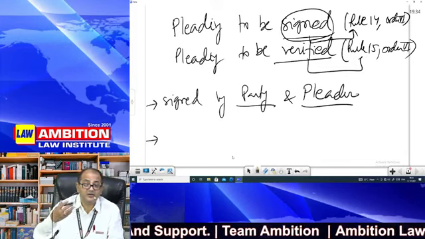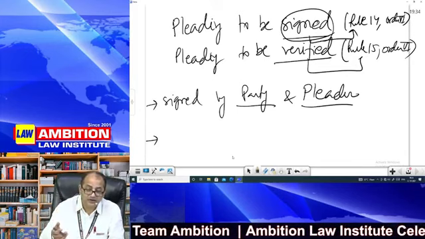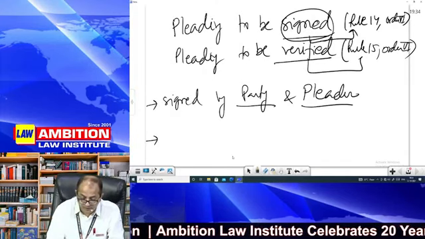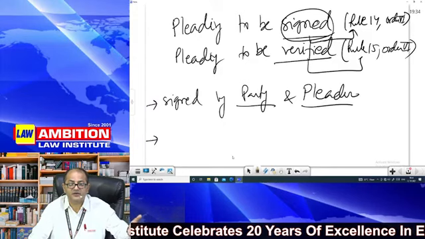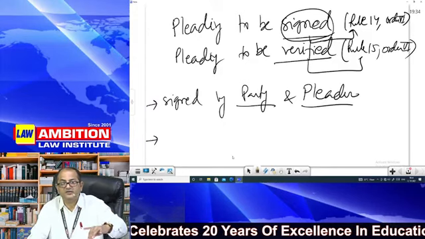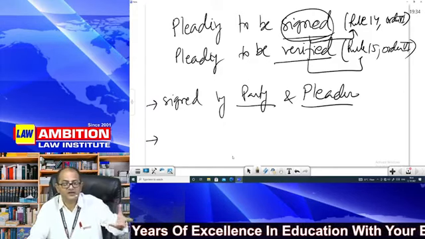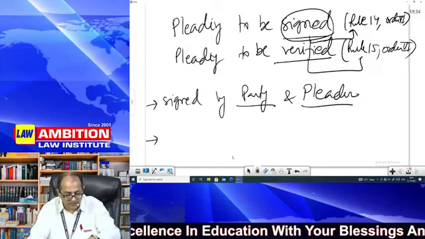He entered into a contract. He gave him that much money. He signed the contract. The contract was, he knows better. And what he verified, upon information received and believed to be true. So upon information, his lawyer says that this court will have jurisdiction, it is not barred by limitation, you can seek this relief, this is the cause of action. His lawyer knows, he doesn't know law. So he will verify on the basis of information received and believed to be true.